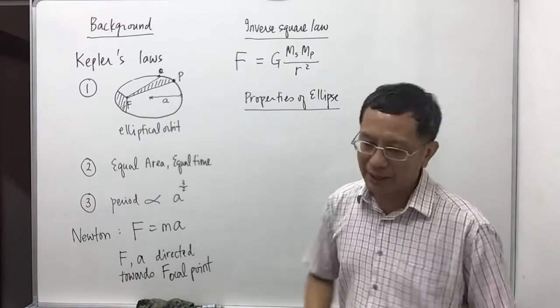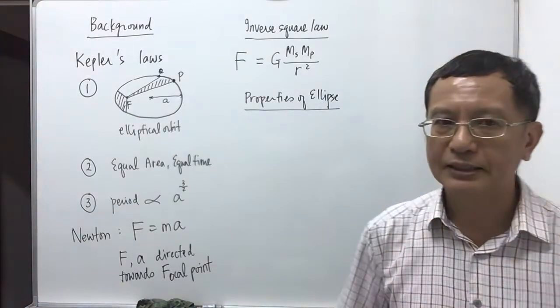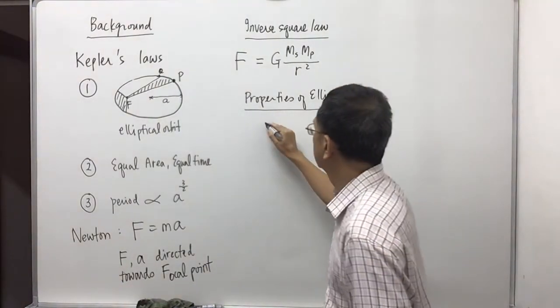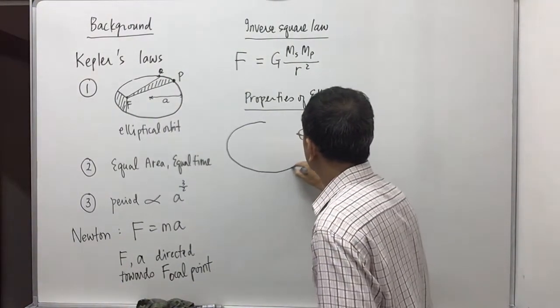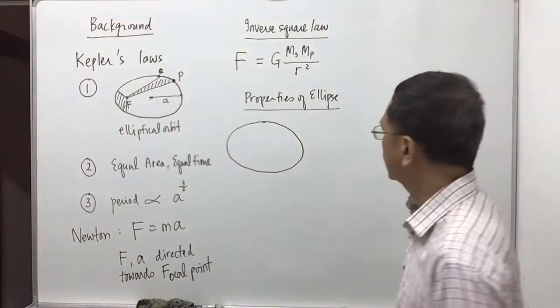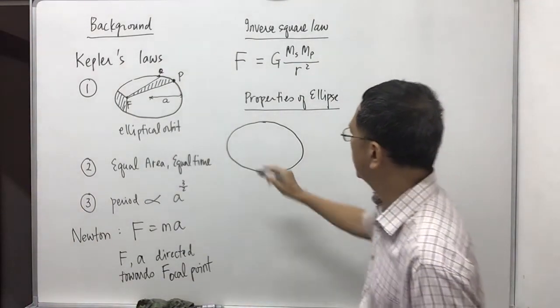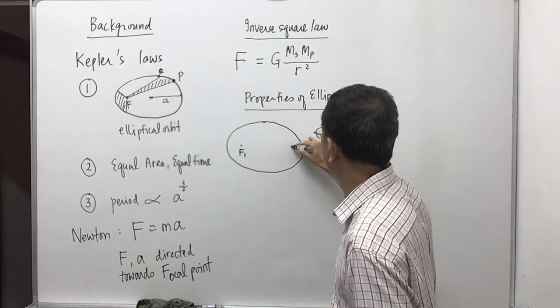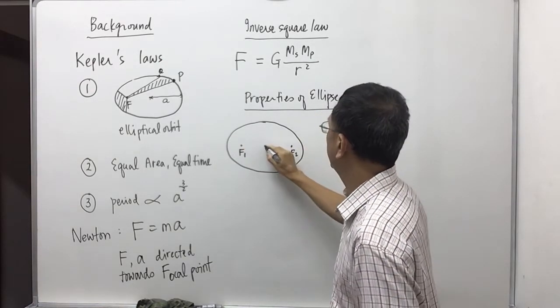Okay, so there are 3 important properties of ellipse. First, let me draw an ellipse first, and then let's mark down a few important points. Now we know that ellipse has got 2 focal points, F1, let's call it F2, and the center, let's call